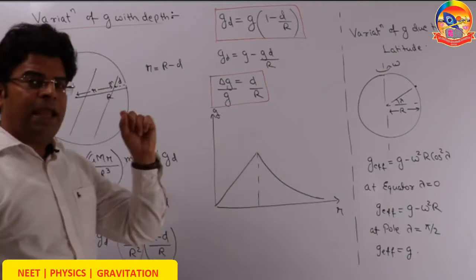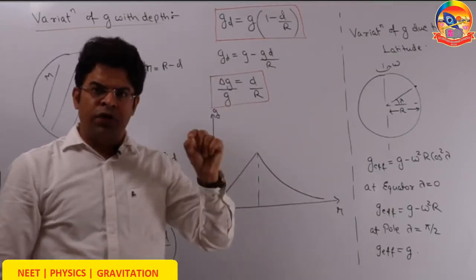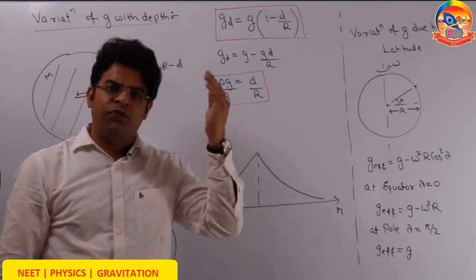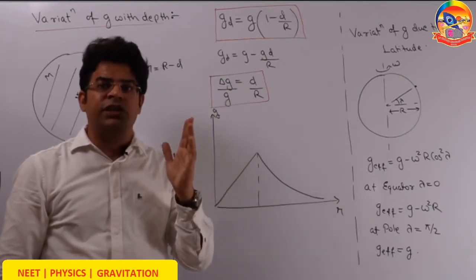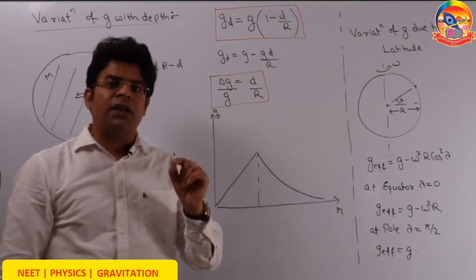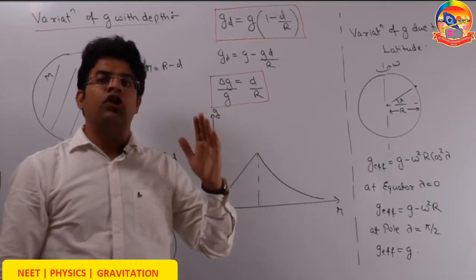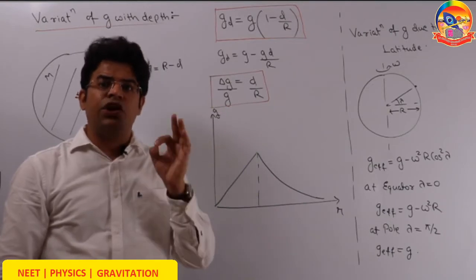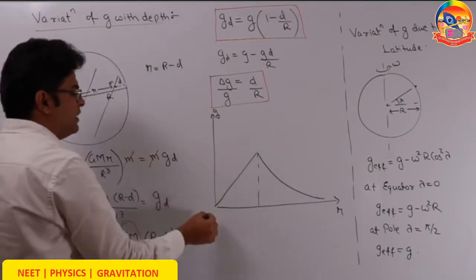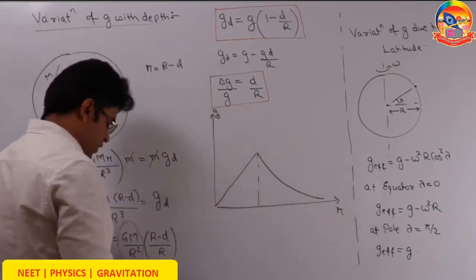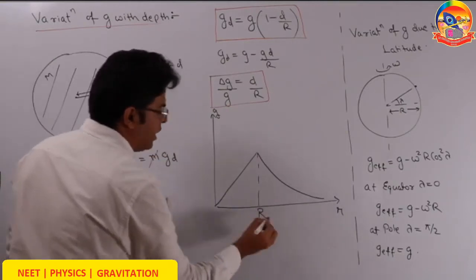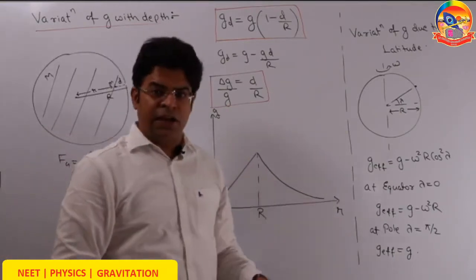Notice that for the same height gone above and below, the fractional change in gravity on moving above the surface of earth is double the fractional change in gravity on moving below the surface of earth. As a matter of fact, no matter whether you go above the surface of earth or below the surface of earth, the acceleration due to gravity decreases. If we plot a graph of acceleration due to gravity versus distance from the center of earth, going from center of earth till surface, the acceleration due to gravity increases, and after that it decreases.